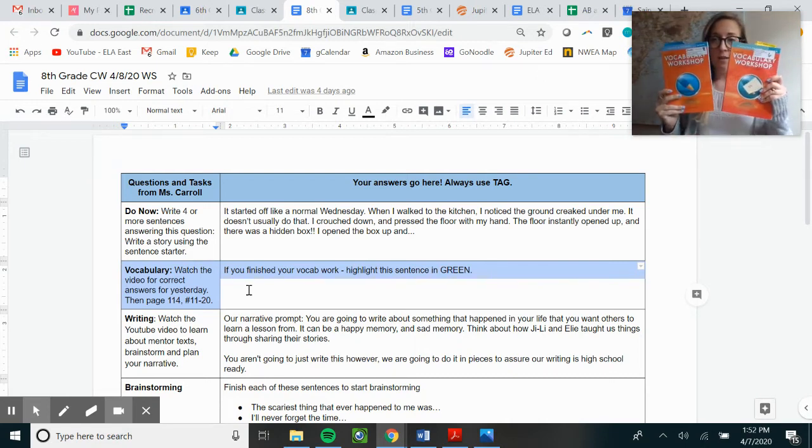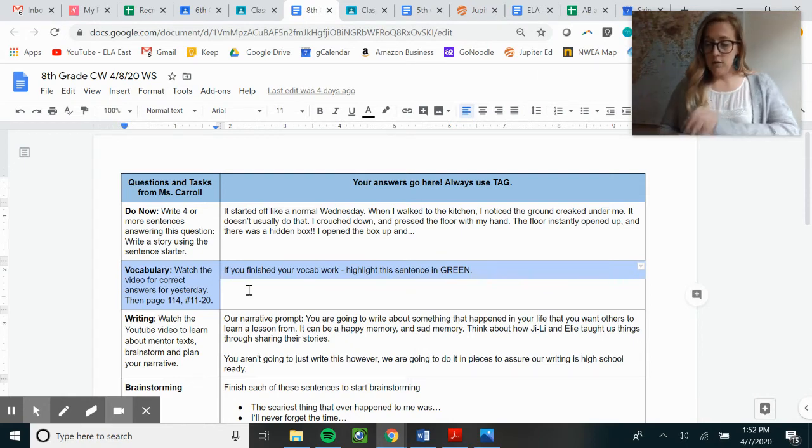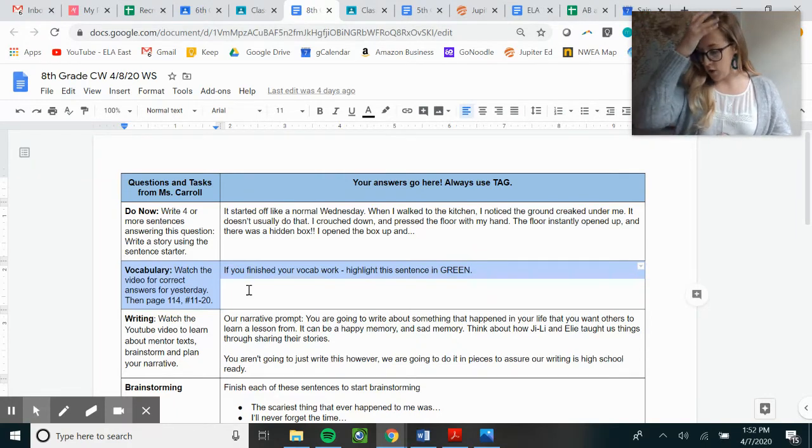First, let's take a quick second looking at our vocab, starting with eighth grade. Eighth grade, yesterday you did page 143, numbers 1 through 10. Today's answers are number 1, appease, number 2, delve, number 3, regaled, number 4, conventional, number 5, mediate, number 6, decoys, number 7, outlandish, number 8, gallantry, number 9, milieu, number 10, impart.